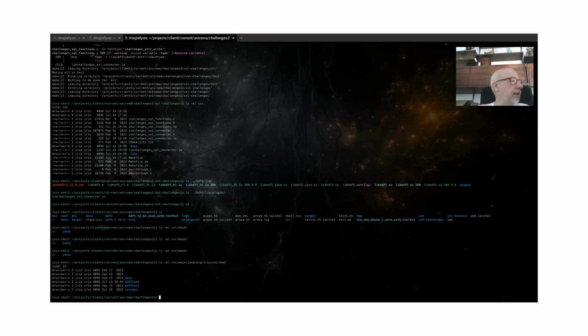As you can see, it's divided in four different packages. The HDF5 fuse is the actual implementation of the file system. The REST API is the implementation of the REST API. We are going to look into that as well. And data contains the data structures